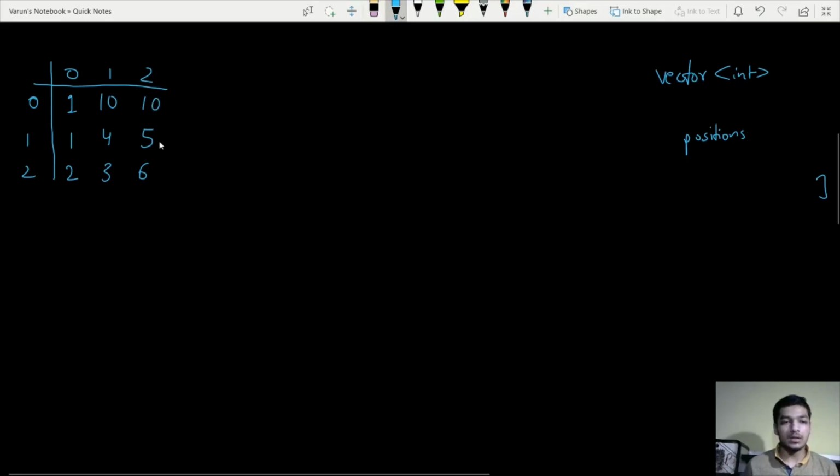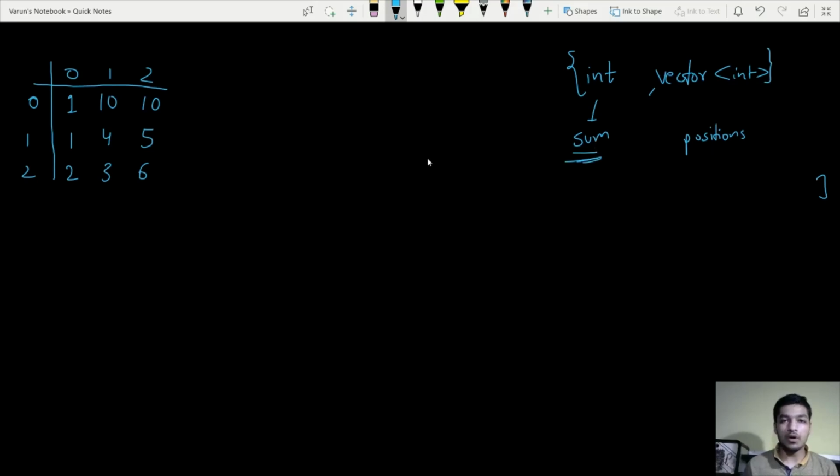Next, we also need to calculate the sum of the elements we have selected. So with this vector, we have to pair an integer variable which represents the sum of the elements we have chosen. Now the next thing, we need it sorted in ascending order with respect to the sum.